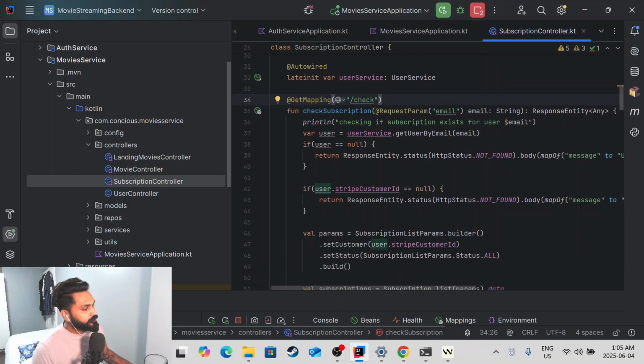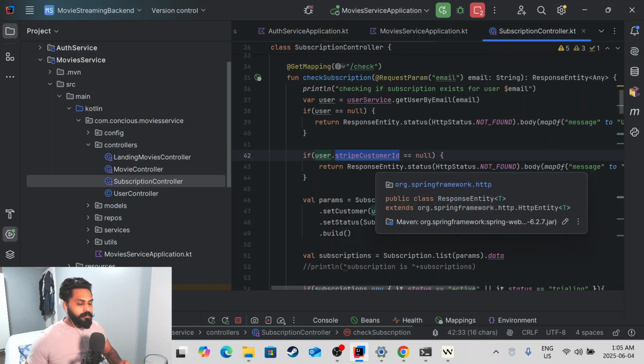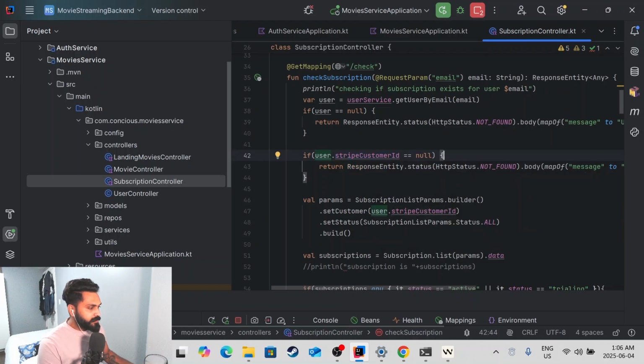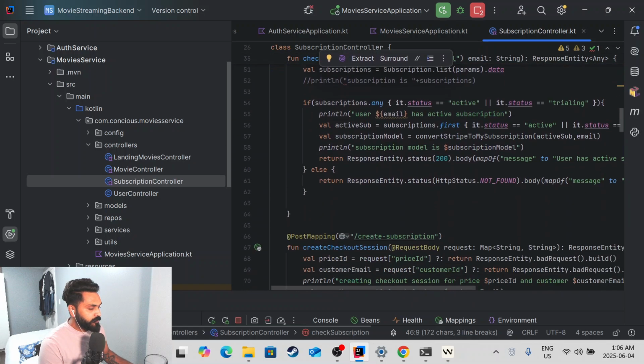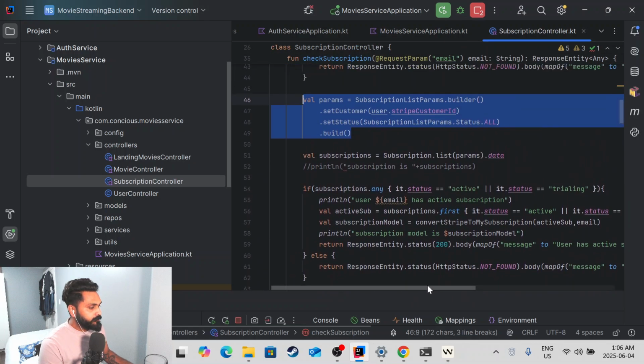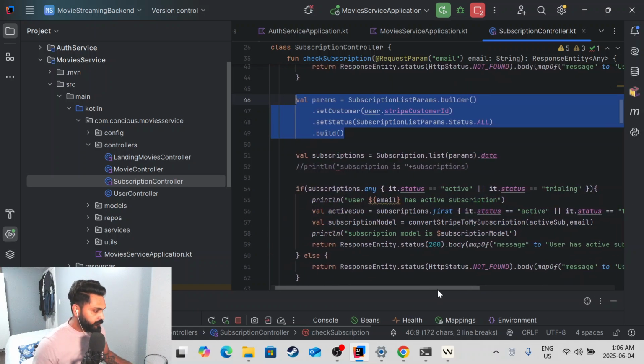First of all, this Stripe customer ID. Even if the subscription got cancelled in the backend, and the database of our DynamoDB for this movie streaming application still says the user has a subscription, we will still check the Stripe backend, using the Stripe API, to verify whether the user has that particular subscription or not, and only then will we say whether the user is subscribed or not. Now,